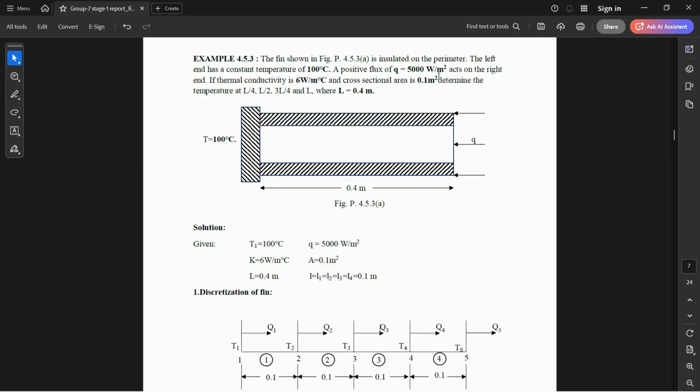And on the right hand side is the flux of 5000 watt per meter square. So this is a loading condition. And thermal conductivity is 6 watt per meter degree Celsius, and the cross sectional area and length is as follows. Now this time the goal is to determine the temperature at following positions, which can be interpreted as different